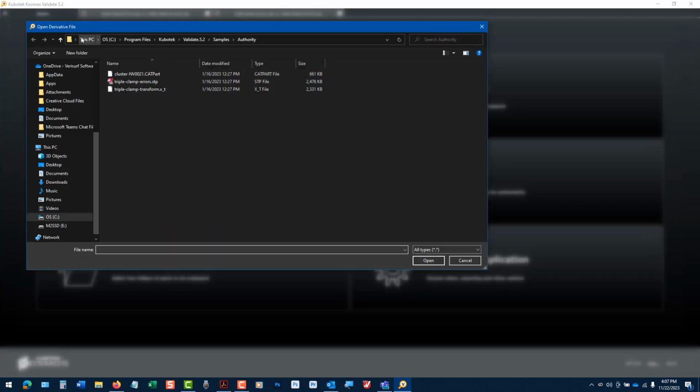And then the software prompts us to open the derivative file. So let's pick the derivative folder and then let's pick from this folder, this time we'll pick the IGES file and click open.